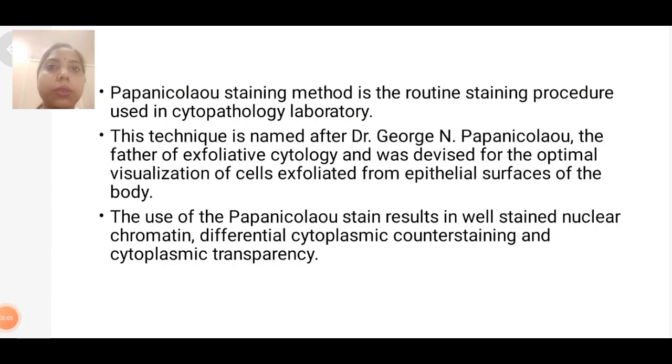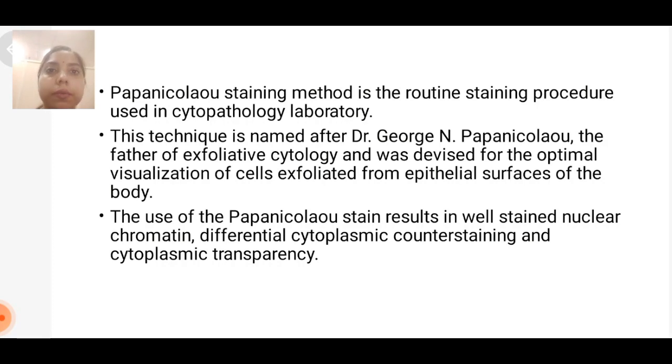In this video, we are going to learn about PAP stain. PAP stain's full form is Papanicolaou staining. This method is used for routine staining procedure in the cytopathology lab. This technique is named after Dr. George Papanicolaou, the father of exfoliative cytology, and was devised for the optimum visualization of cells exfoliated from epithelial